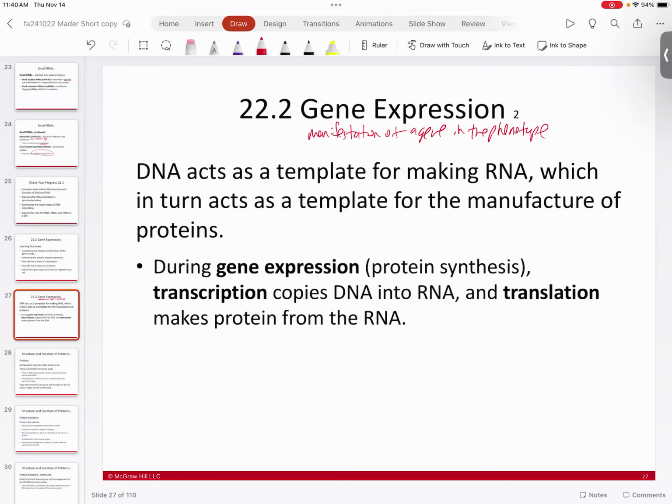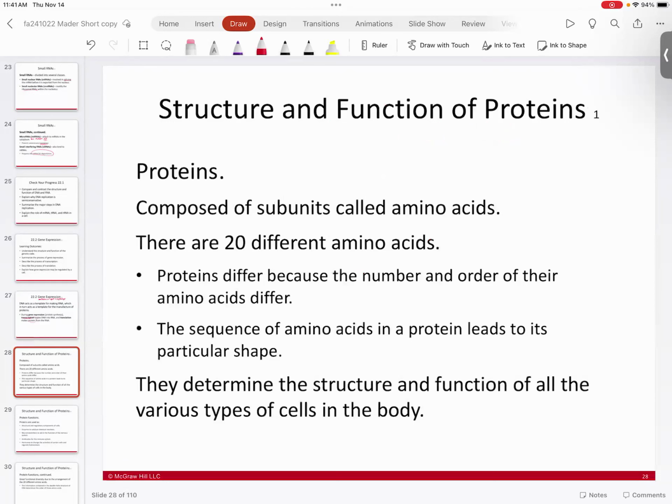So ultimately, gene expression and genes generally will express themselves through the protein that they make. And so that means you're going to need transcription in order to make the RNA, and you're going to need translation in order to make the protein from that RNA. So once you actually have your proteins